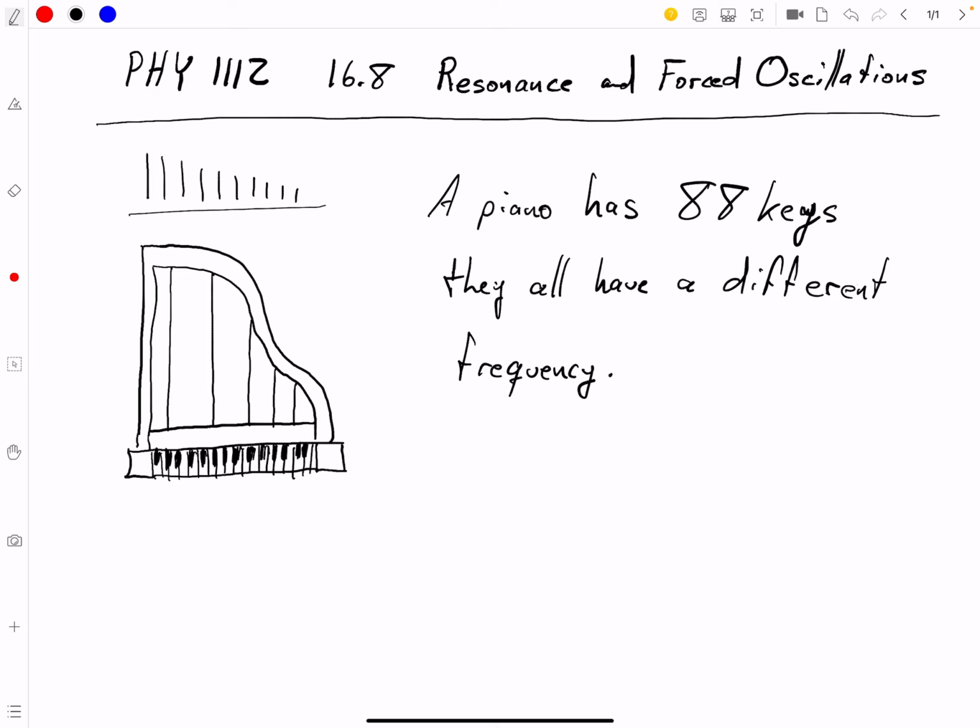So if you were to sit here in front of this piano and sing a high note, or it doesn't matter, sing anything, a note, loudly. Hopefully it'll be on one of the keys. It has to be, actually. So you sing a note loudly for, I don't know, a second or two. And whichever note that you happen to sing, let's say it's this, whatever the note is,